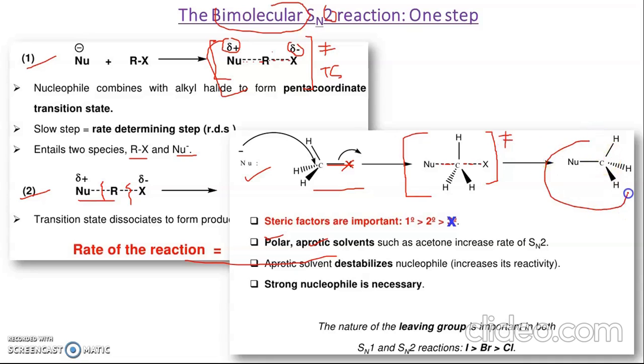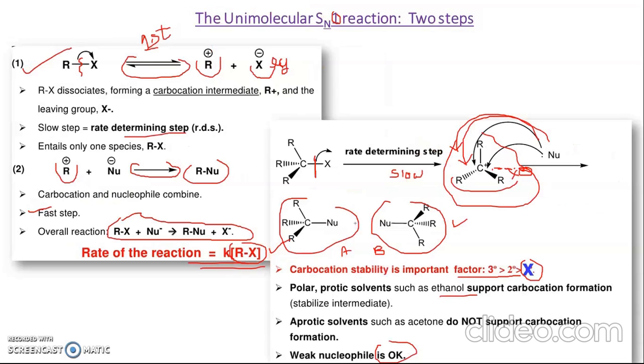So this is our final product. In this case we will mostly see inversion. Why is it so? Because the bond formation between the nucleophile and carbon and the bond breaking between carbon and X are happening simultaneously. That is the reason the nucleophile always approaches from the opposite side of X. Here steric factors are important, because unlike SN1,